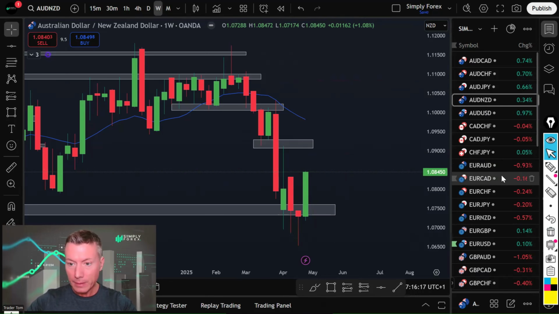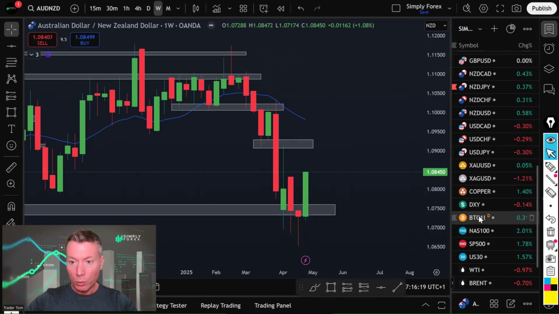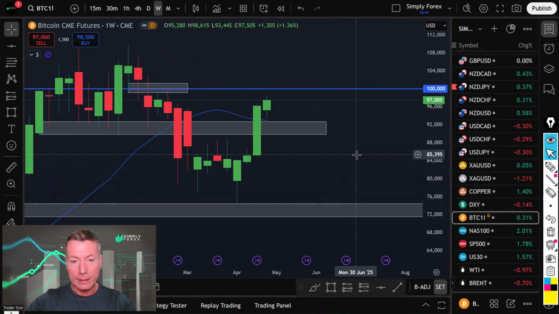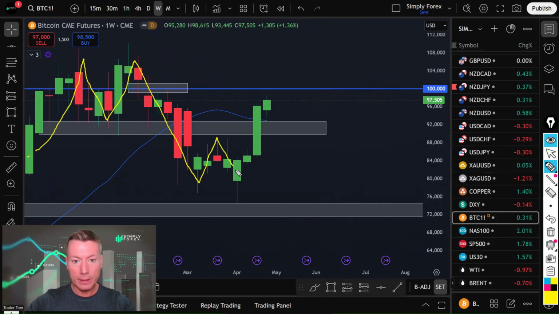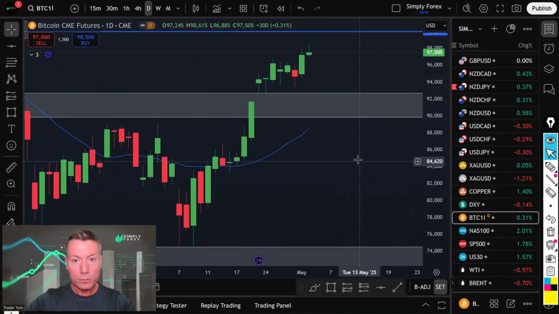Bitcoin. Let's have a quick look at Bitcoin. We all know this is just a buy trade, but I remember having this conversation during the week. So if we just follow weekly structure, right, we're completely and utterly in a weekly uptrend. We're getting nothing but bullish candles, right? And a good target would be back up to the 100,000, if not back up to these highs, right? This 104,000 level.